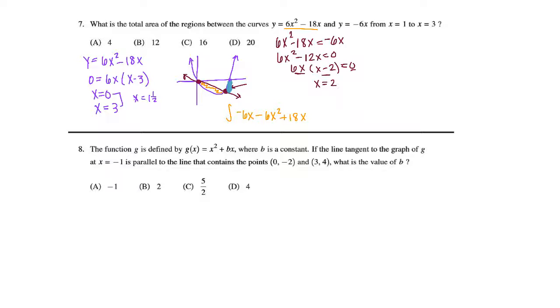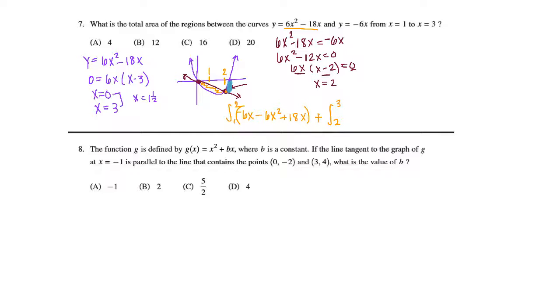Now we're integrating from what to what? It told us in the directions from x equals 1 to x equals 3, but we've got a stopping point in there. So really we're going to have to stop, and we're going to integrate from 1 to 2. So 1 to 2 plus, and then we're going to have to get the last part of that. So plus, and then we will integrate, of course we've got all of that, from 2 to 3,